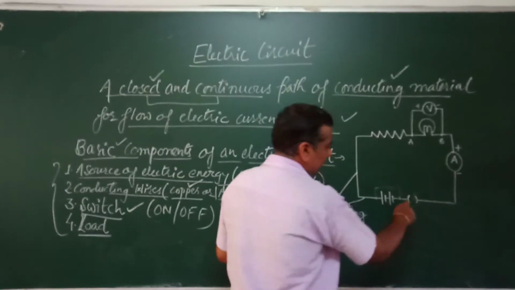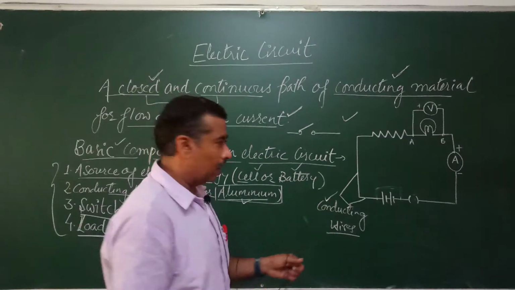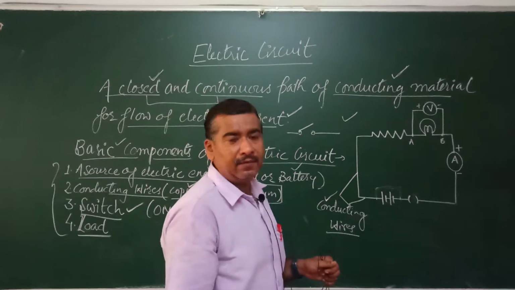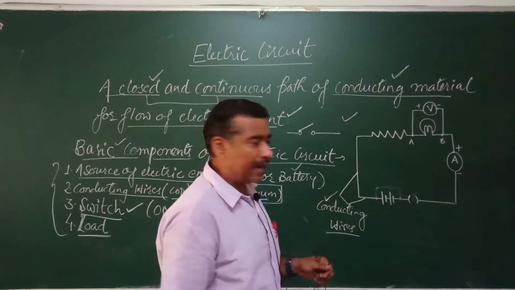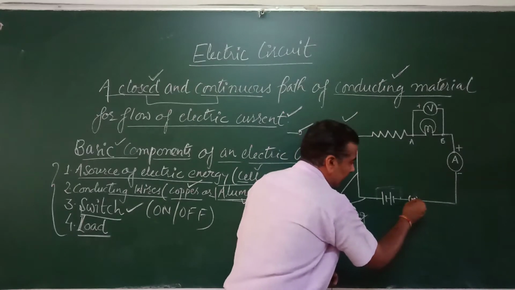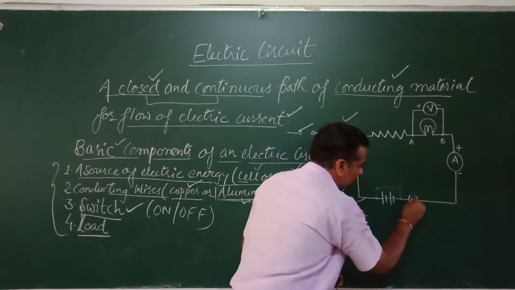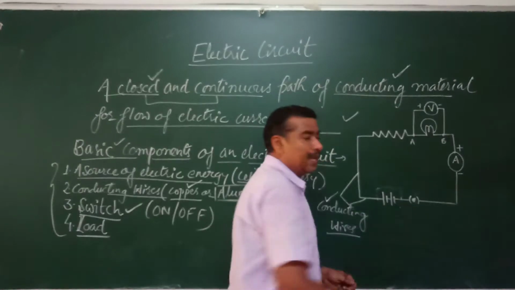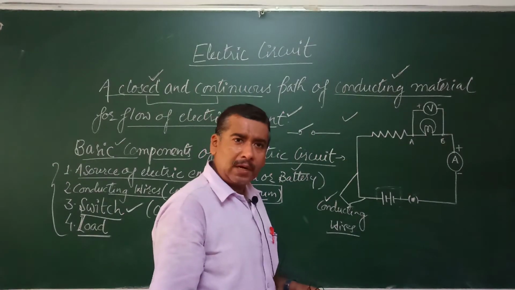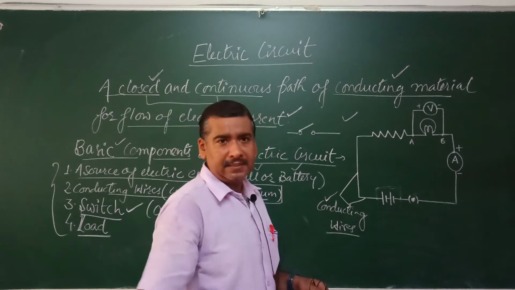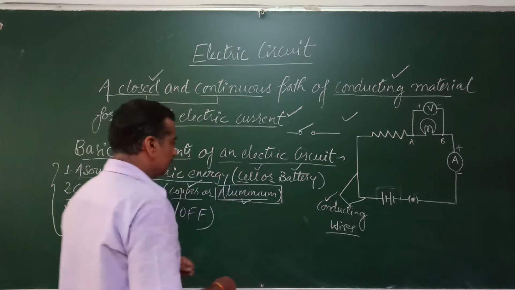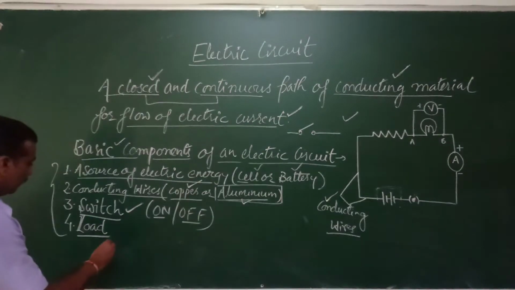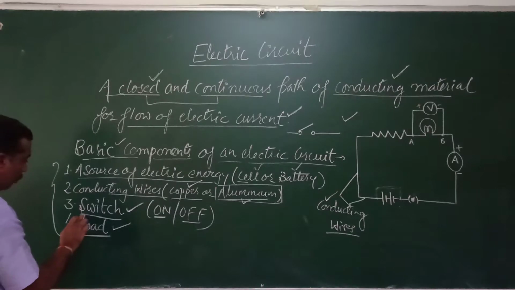Now if it is in this position, it is known as off because there is no connection between this end and this end. So it is known as an open circuit in which there can be no flow of electric current, right. But if we insert a key which is denoted by a dot, now we consider that there is continuity between this end and this end, and therefore the electric charges can flow continuously or electric current can flow and this circuit will work, right. So this is a switch. A switch is very necessary to switch the gadgets on and off, right. Then of course, last but not the least, there is a load, an electrical load.